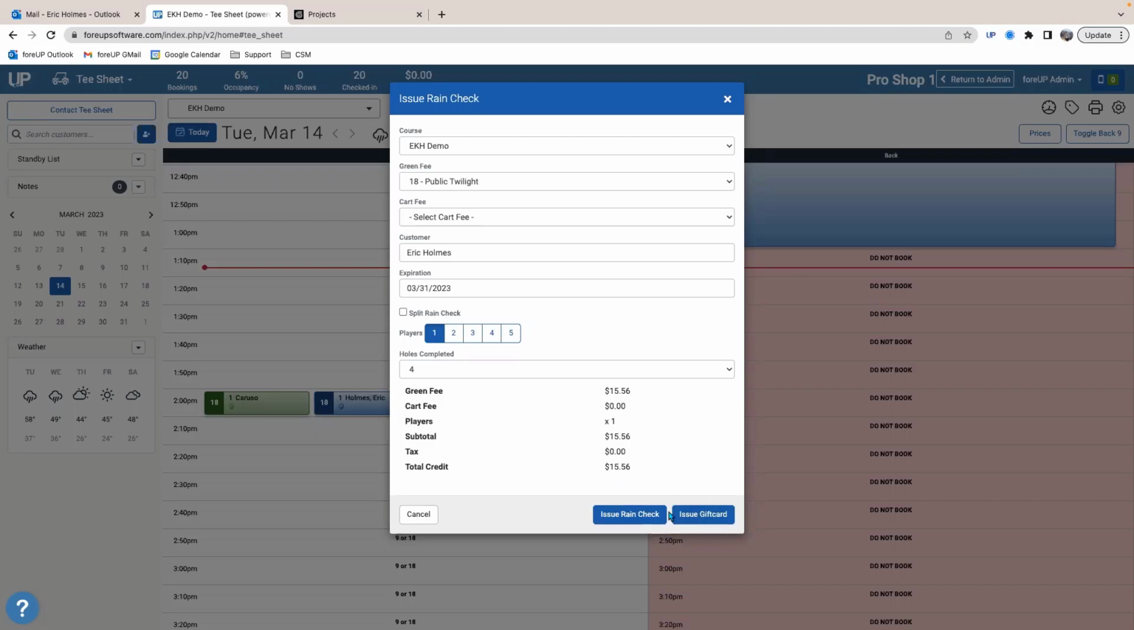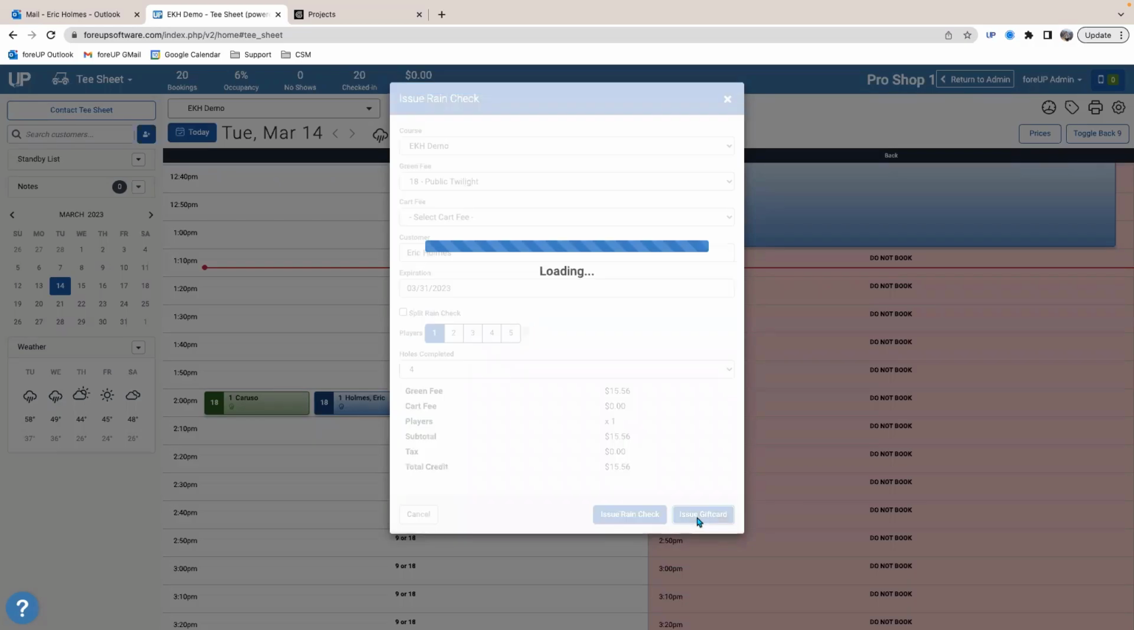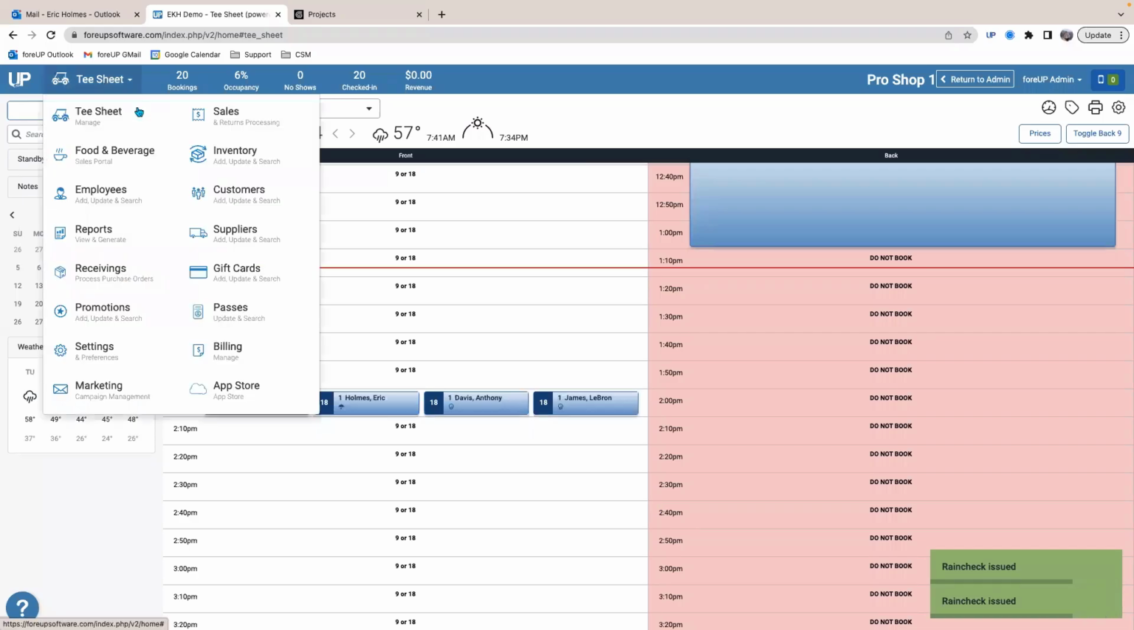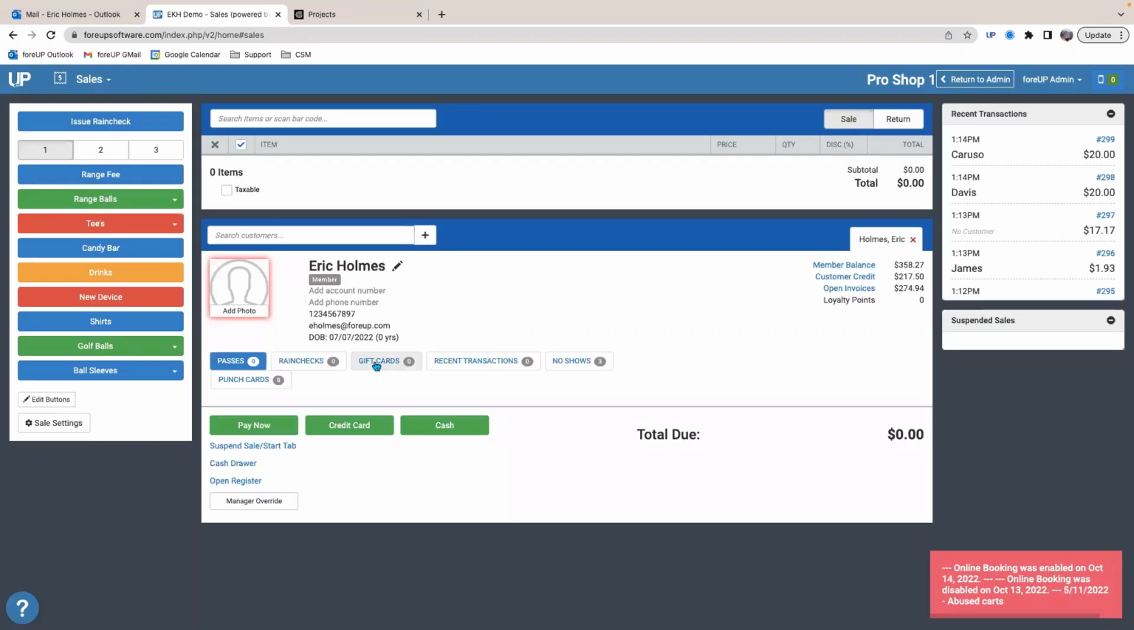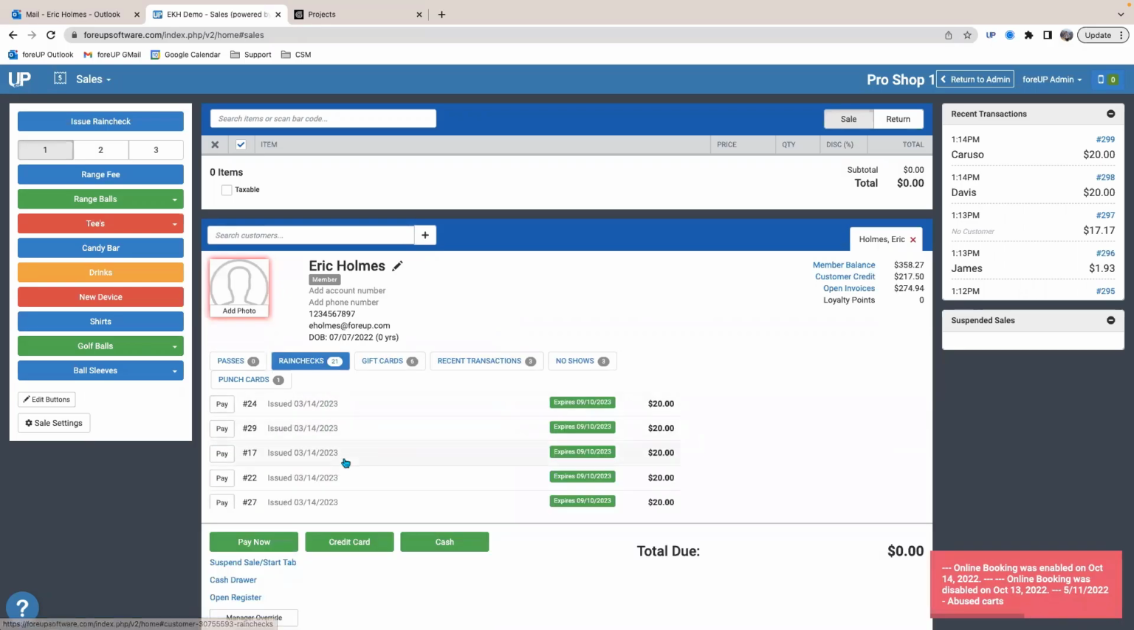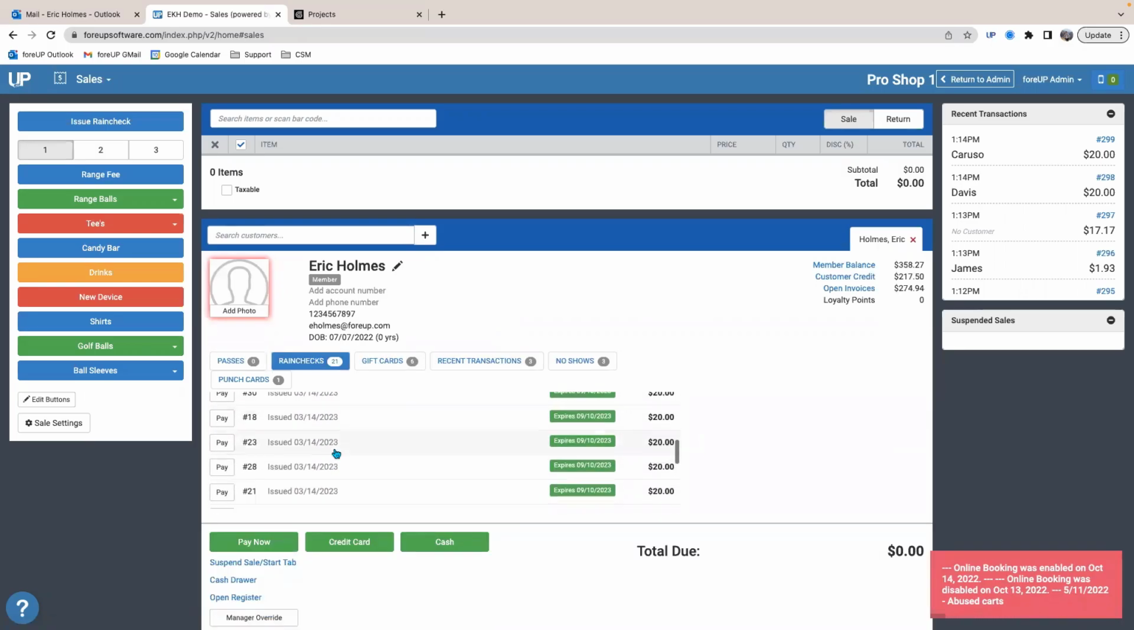A gift card, however, when you issue a gift card through this rain check area, you're going to be able to use that entire $15.56. The only caveat would be if I came into the sales screen and I pulled up my customer that I assigned that to. I have this rain check that I just issued. It should be,